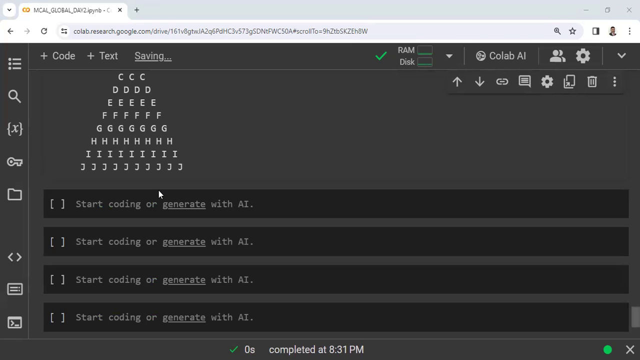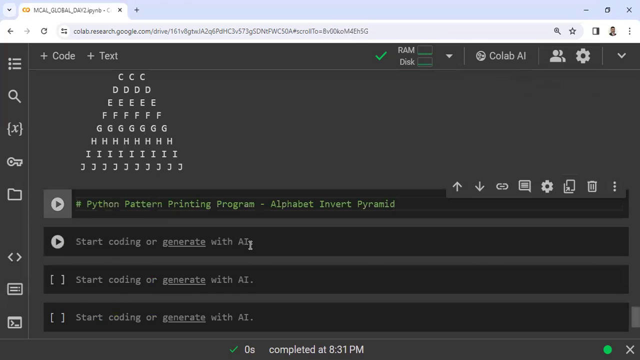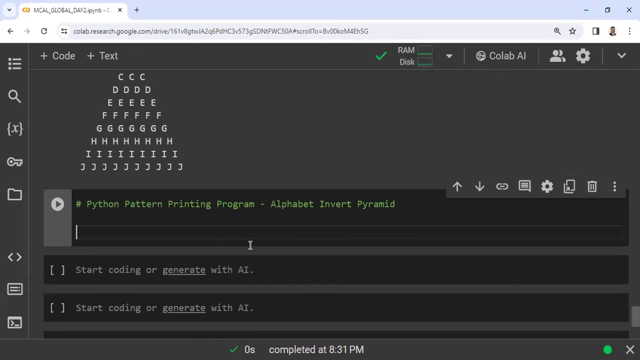Now I want to print the same pyramid in the inverse order. So for i in range 0 to 10,